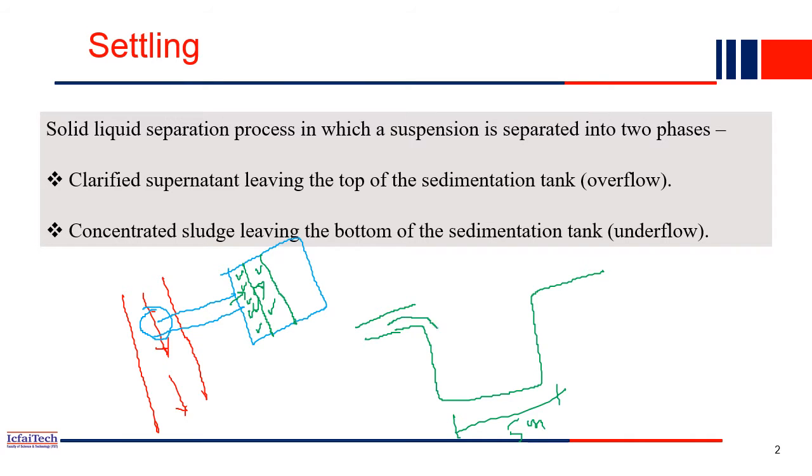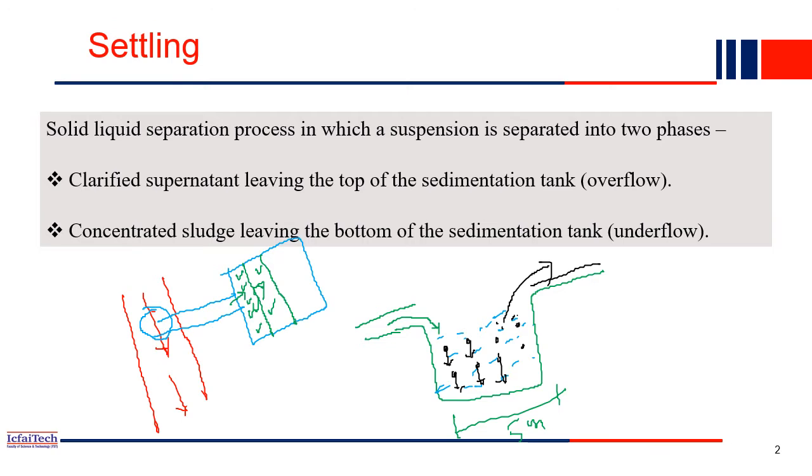So water is coming here, right, and water will be filled into this sedimentation tank. What will be happening because of gravity, right? The water will be resting in this tank for some time. In that case, what will happen? All the small solid particles present in the water will be there. When water is in a rest position, because of gravity, these particles will settle down at the bottom. All these small solid particles will simply settle at the bottom, and then the clean water will be at the top, and the clean water will be taken out through this outlet.